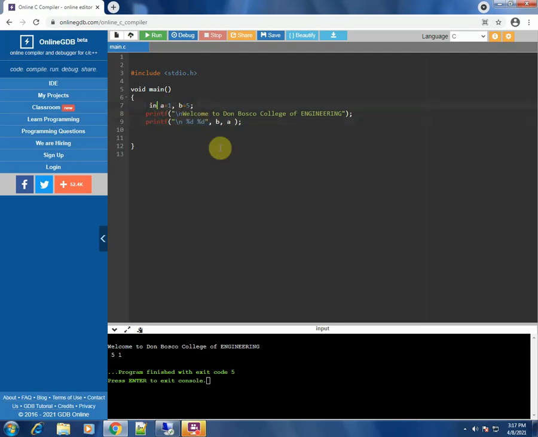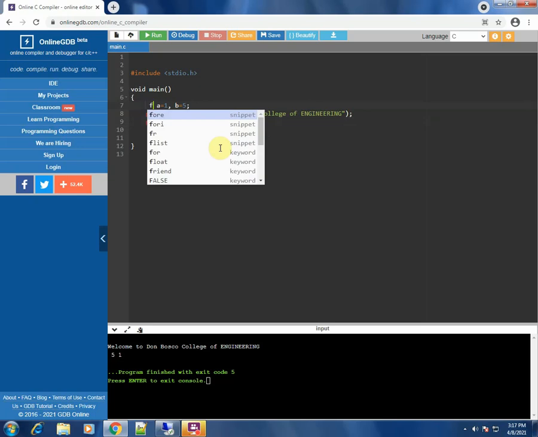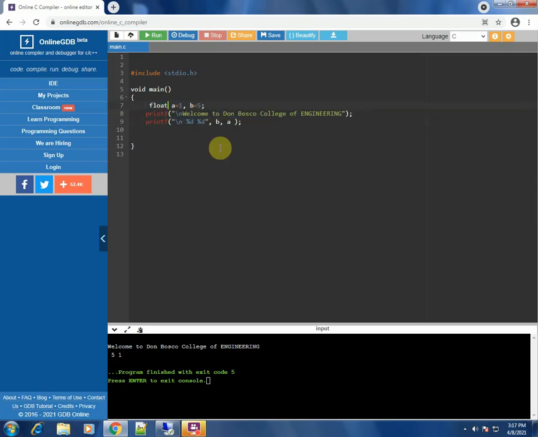I had mentioned to you in this particular class that float is used for real numbers or basically for decimal numbers. So let's say we have A as 1.5 and B as say 8.2.